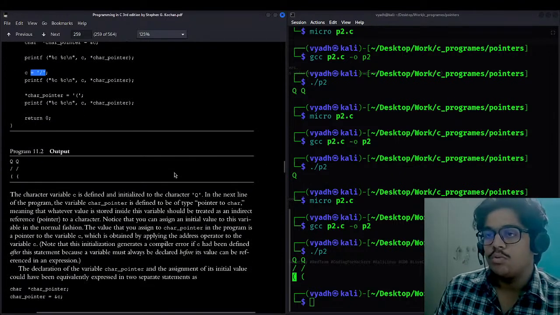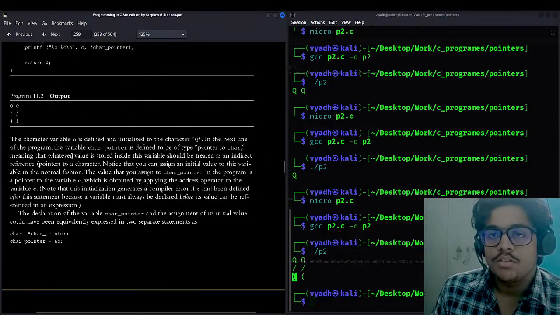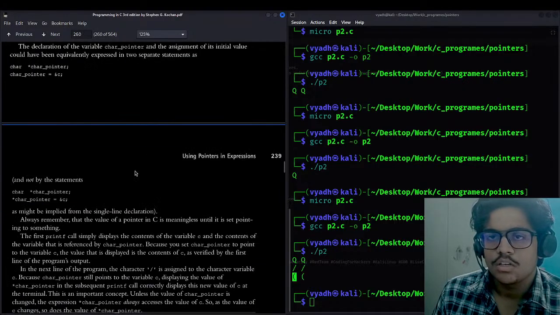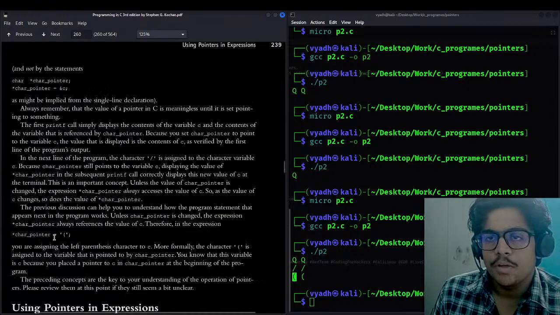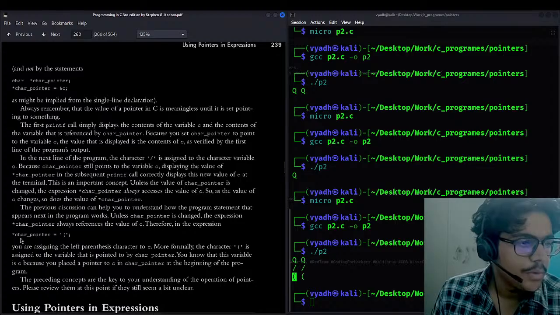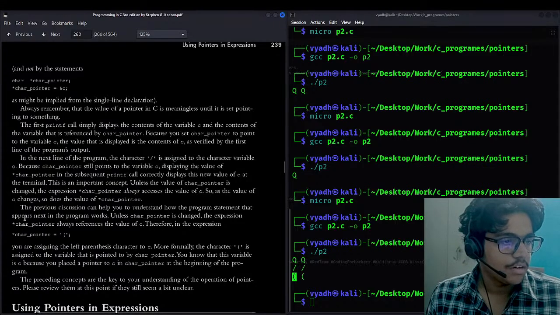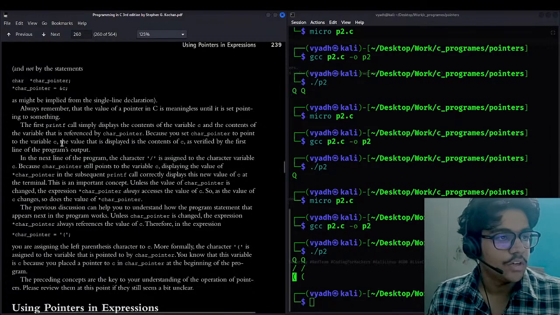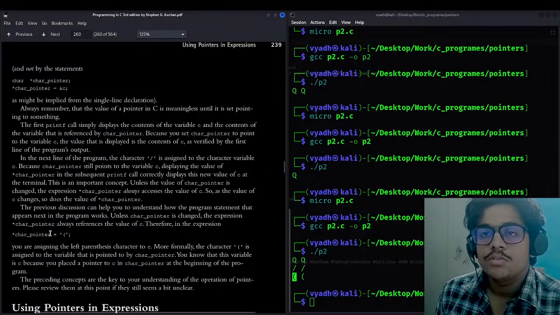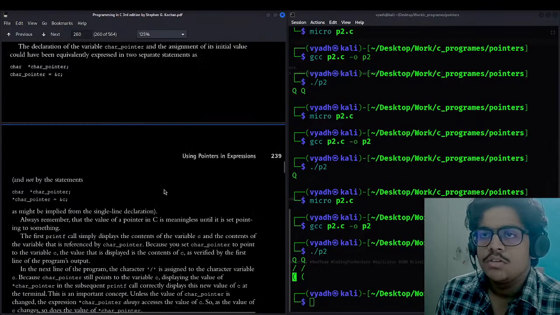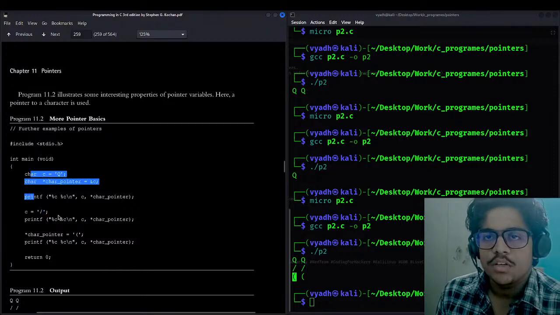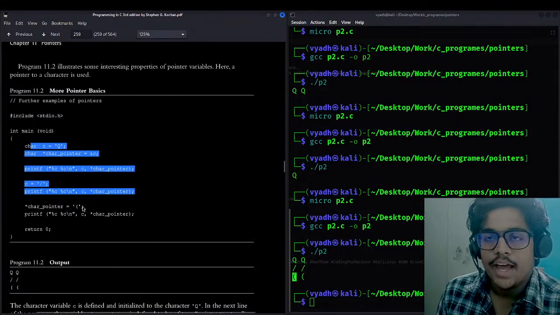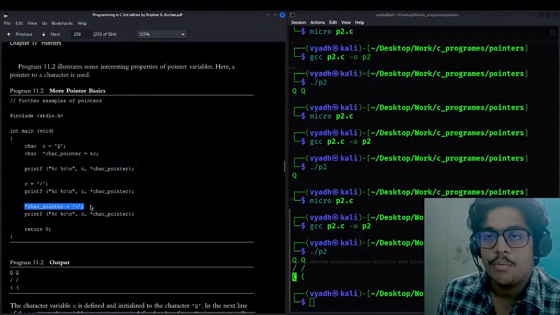Let's just shift our focus to the topic. So the character variable C, I have already explained how it is working. Let's not go there again. We need to see that particular topic. Pin it. Okay, thank you for helping. So where we are, the previous discussion can help. Till here it is clear. But the catch is we have now changed the value of this character pointer to parenthesis, but the value of C is also changed.